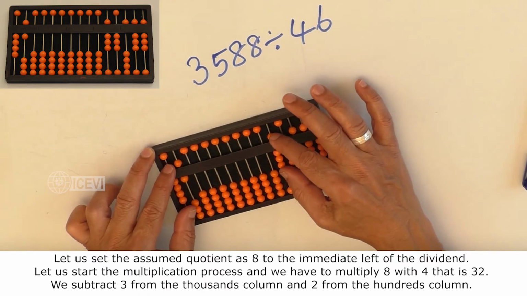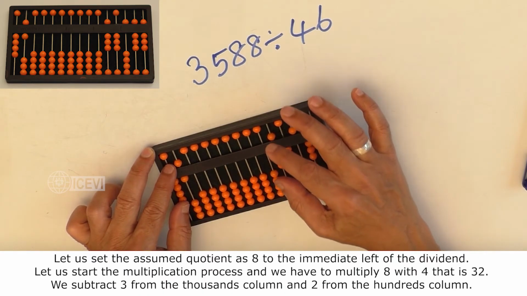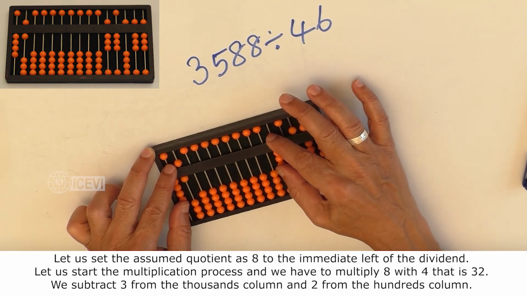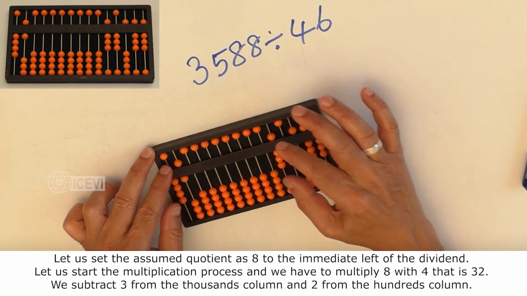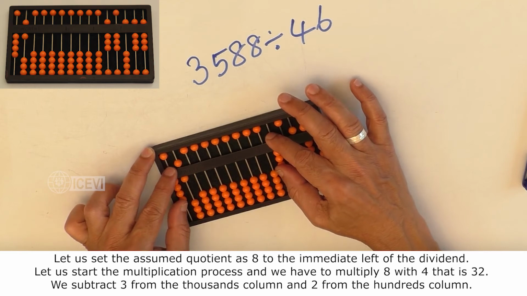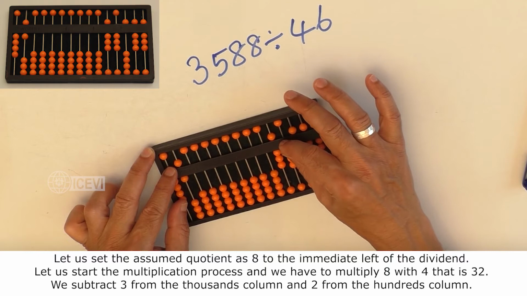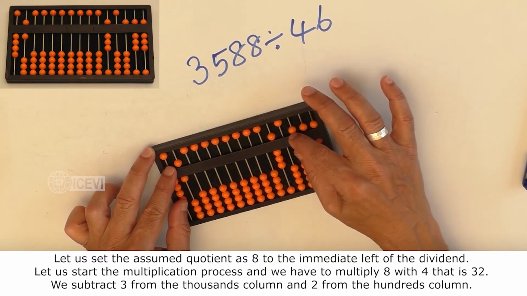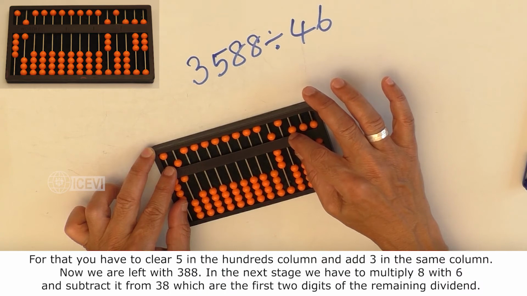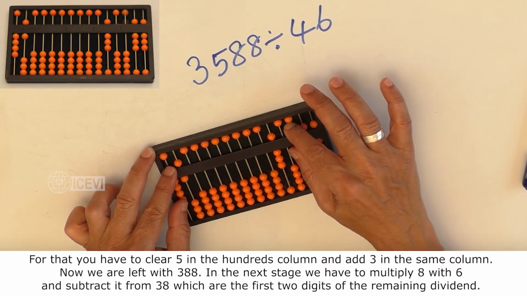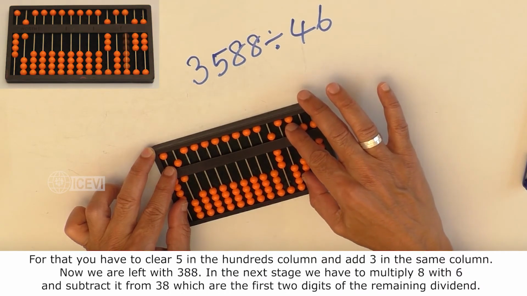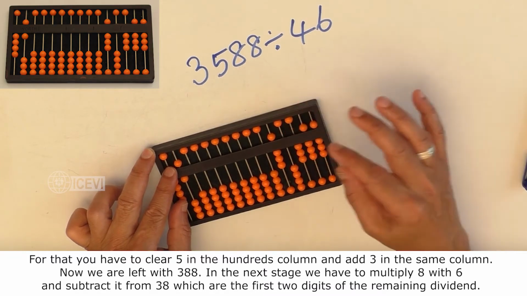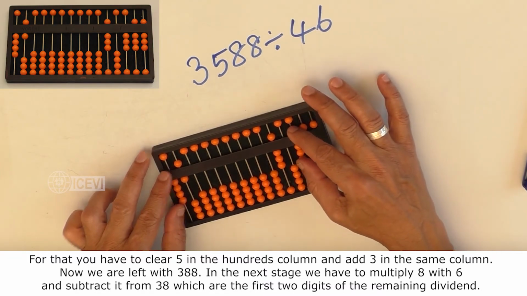Let us set the assumed quotient 8 to the immediate left of the dividend. Let us start the multiplication process, and we have to multiply 8 with 4, that is 32. We subtract 3 from the thousands column and 2 from the hundreds column. For that, you have to clear 5 in the hundreds column and add 3 in the same column. Now we are left with